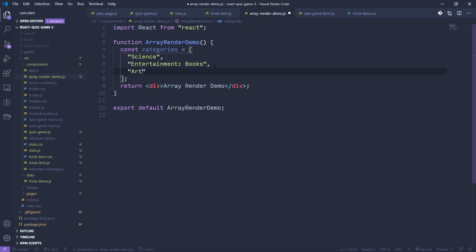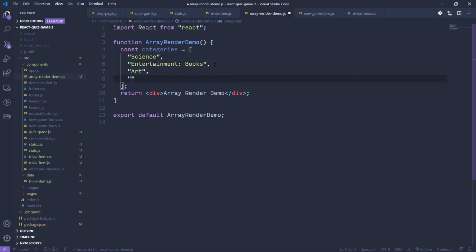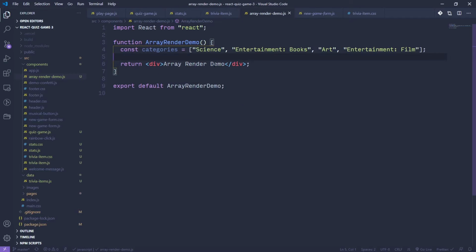I don't know. We can make up some. We can say art. We can say entertainment, film, etc. We could kind of fill this out with a bunch of other elements. And what we want to do is take this array, however many things are in it, and display those to